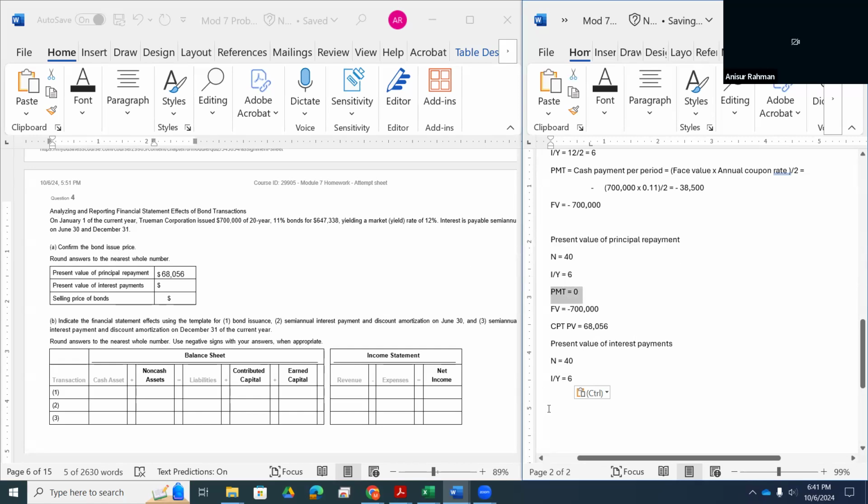So I'll skip PMT. Now, because we are focusing only on the interest payments, our present value will be 0. Our future value is as before. Future value in this case also 0 because we are focusing only on the interest payments. So, and then CPT, we want to find out PV. So if we do this, we should get